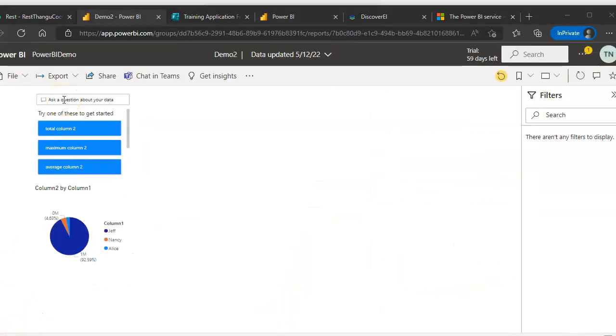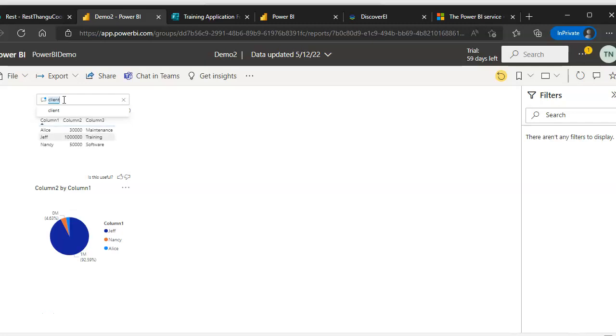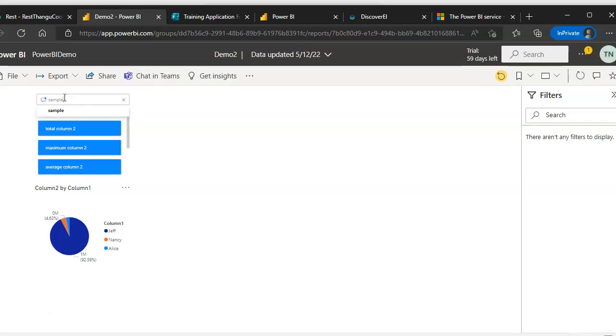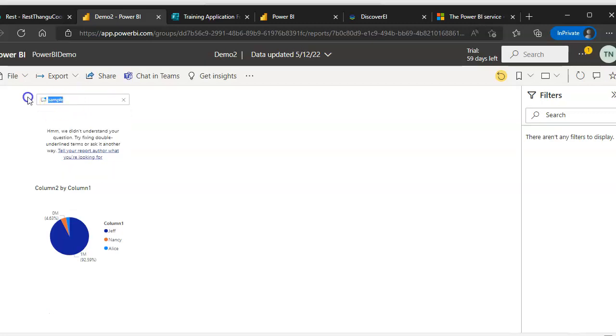Let me showcase another feature, asking a question about your data. Let's say there is data called client, and I just search or type client. This question box immediately puts in the data from the table client. And if I just say sample, it doesn't show anything. So let's type the client back. This is a data set or data source which has the clients, how much they're paying, and what the project is. Then based on the data set, I'm showing a pie chart